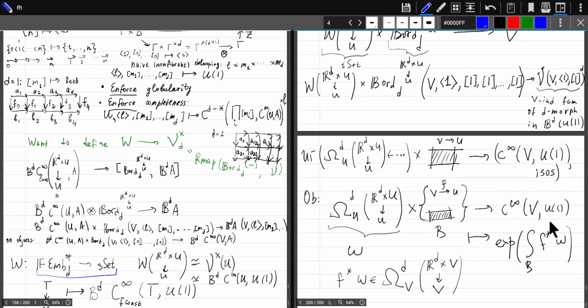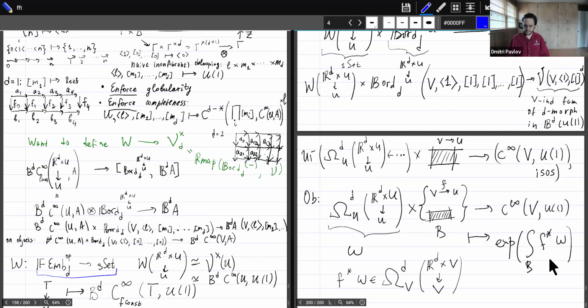Okay, and what about the integration? Well, again, it's basically the only thing you can write down here, because you have a differential D-form on R^d, and you have a bordism B also inside R^d, and somehow you have to produce from this an element of U1, and moreover,